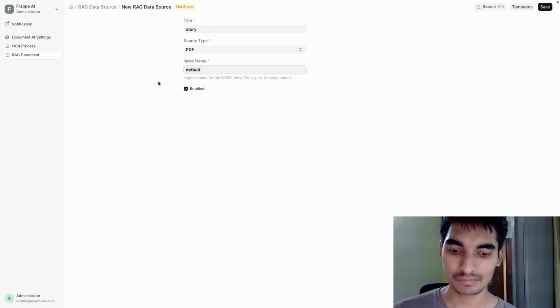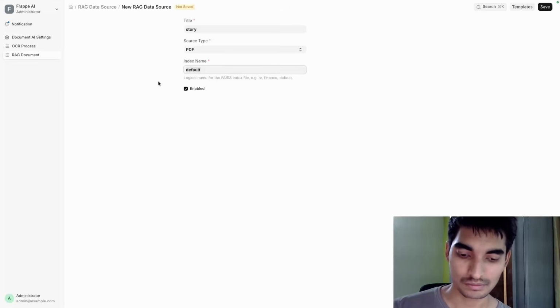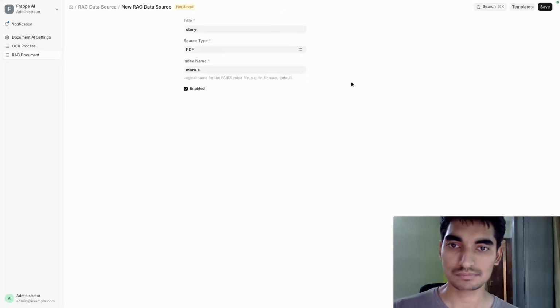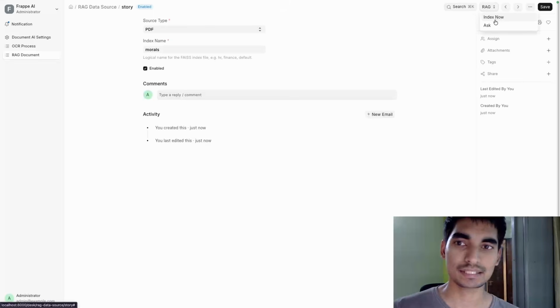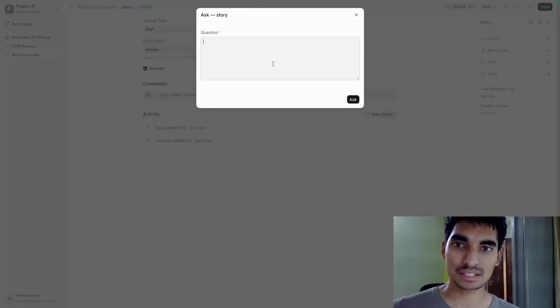I'd like to name this index morals, whatever. Now you see on top here we have an option to index the data source now, or ask a question. When you ask a question, it probably wouldn't work because you haven't indexed anything yet.